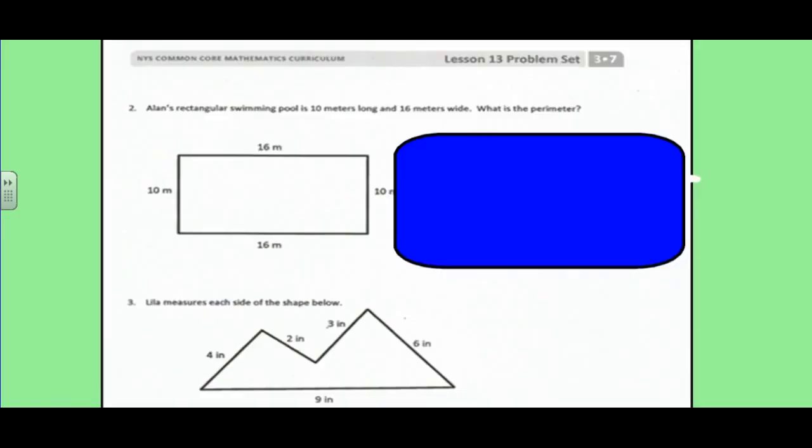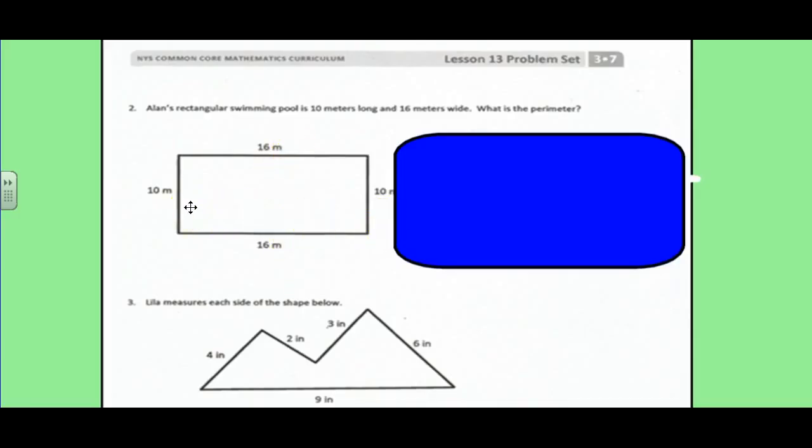Okay, moving on to the back side. Number 2 says Alan's rectangular swimming pool is 10 meters long and 16 meters wide. So they just gave us the length and the width, but we know with a rectangle that all the opposite sides are equal. So since we know the length and the width, we know the opposite sides for those as well. So in order to find the perimeter, we know that we're going to have to add all 4 of